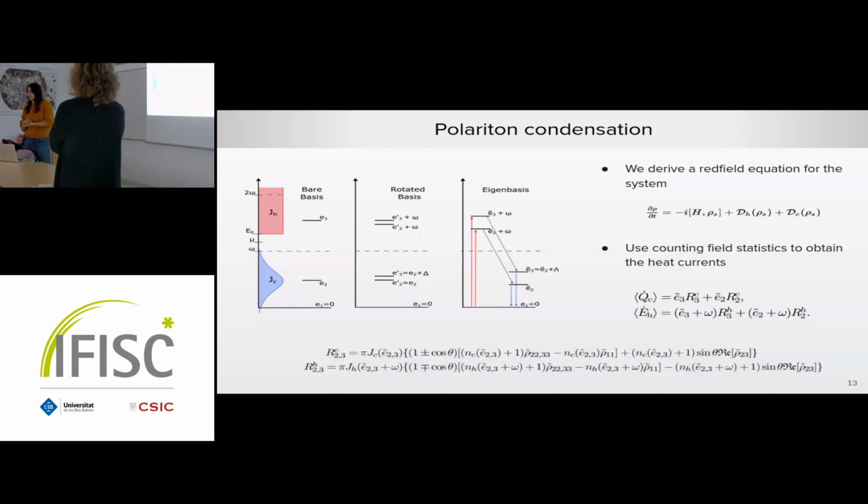Okay. And another question: did you look at the variances of the currents? I haven't looked, actually. I thought of it at some point, but in the end, we were more focused on the polariton. I thought of getting the uncertainty relations in this case, but I didn't. Okay. Perhaps this is interesting. I don't know how much they will be violated here, but in the usual three-level machine, you can have violations of the TUR. It would be interesting to look at.